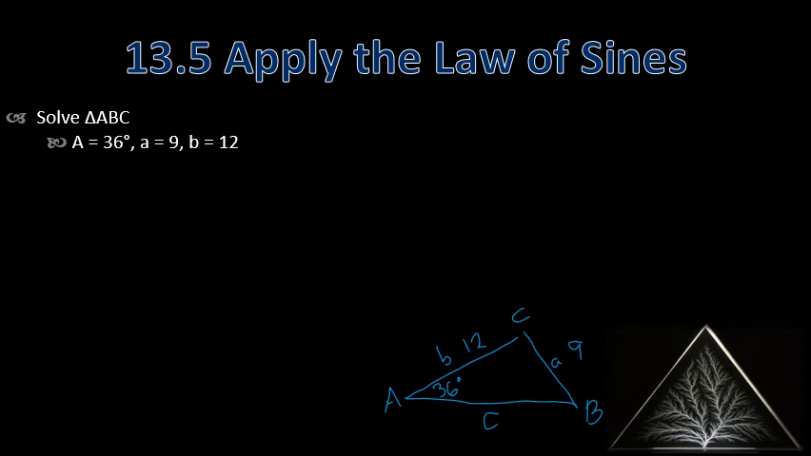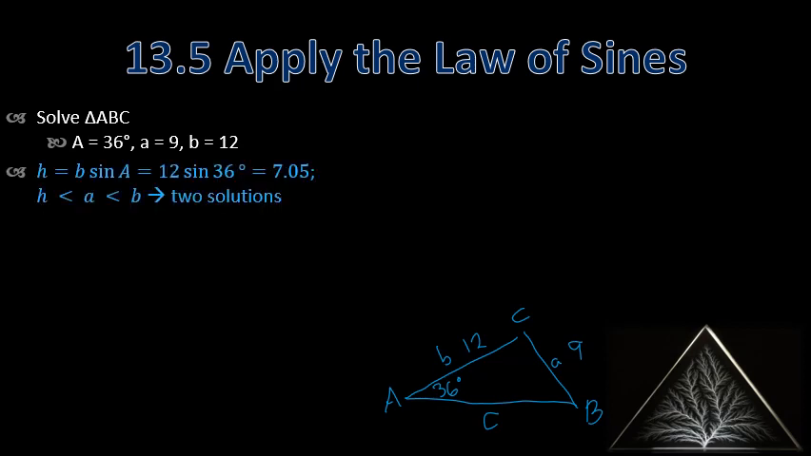Okay, angle A is 36 degrees, side A is 9, side B is 12. All right, A is less than 90 degrees, so I need to find H. H was B sine of A, so that'd be 12 sine of 36, which is 7.05. All right, so 7.05 is less than A, and that is less than B, so that means we have two